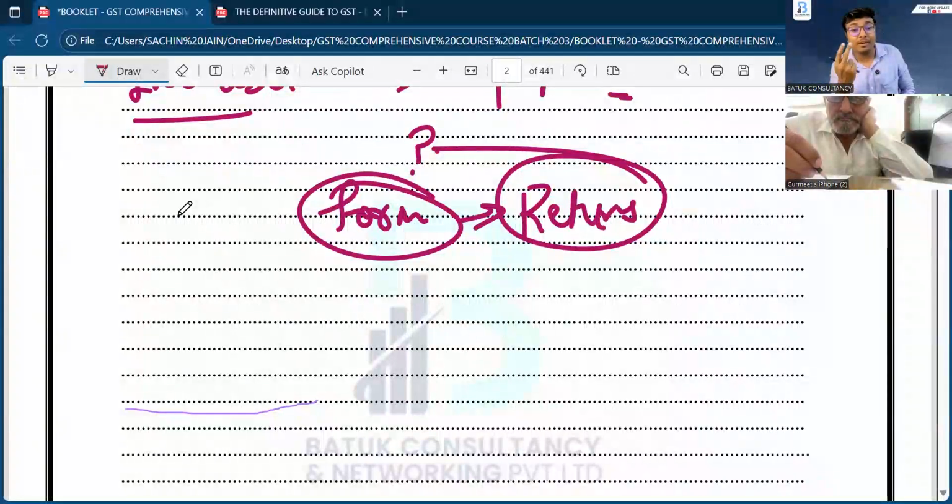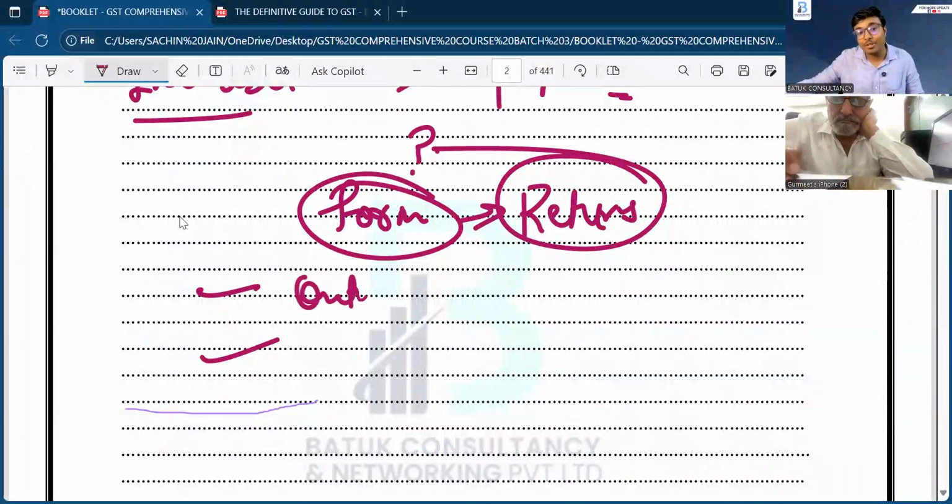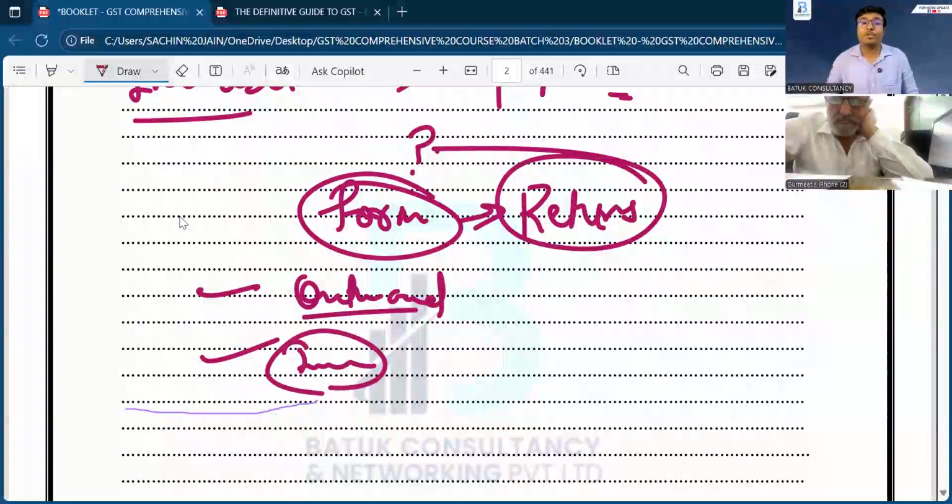basically I have to submit with the government two types of information. One is related to outward supply, another is related to inward supply. So there will be two types of return, basically. One return in which we will provide the details related to outward supply, another in which we will provide the details related to inward supply. Okay. Now, sir, हम बोल रहे हैं we have to provide the details related to these things